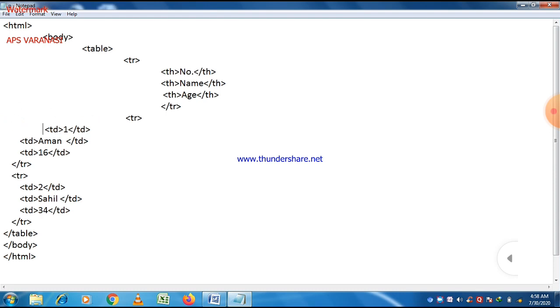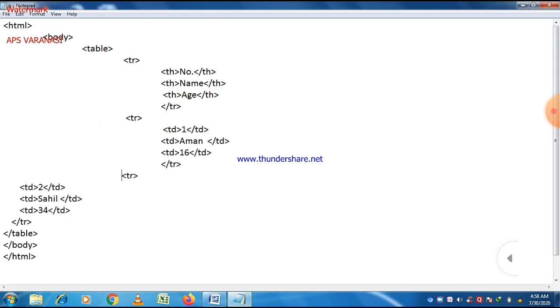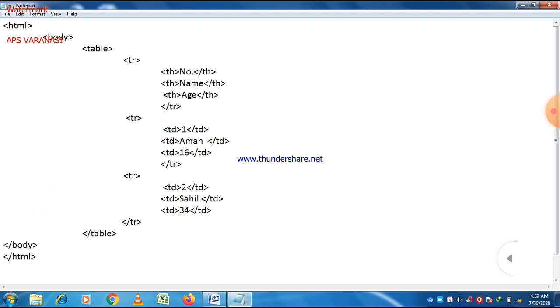As you know, an HTML program starts with HTML, then the body is there, then the table tag, and within the table tag we define different rows using the tr tag. After the tr tag we can define th, table heading, and td, table data. So there are three rows, and we can easily see that they contain three different values.